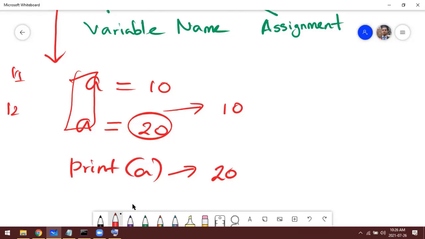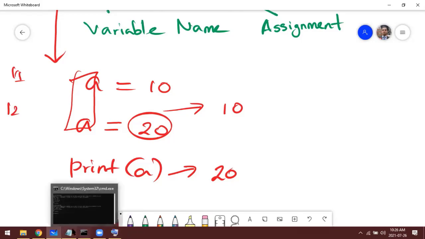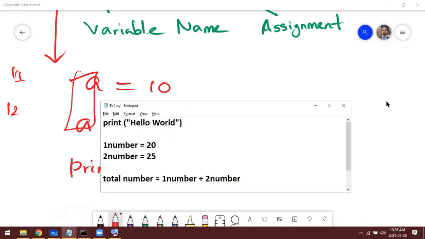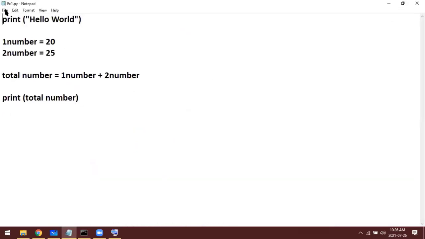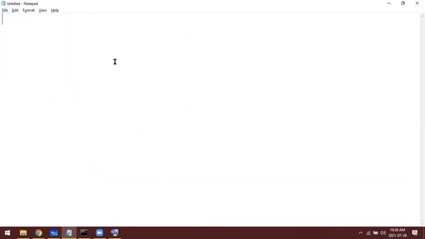So let me show a simple example using basic programming here. Number 1 equal 100. Number 2 equal to 100.